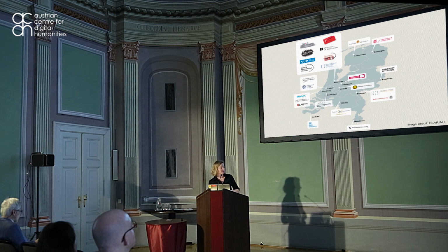So these are all the different partners involved in CLARIAH, quite a lot in Amsterdam, but also in the north as well as the south of the Netherlands. So we span a lot of the different research institutes, different universities. The National Library is involved as well, the Netherlands Institute for Audiovisual Archives. And we also have good connections to Ghent in Belgium and other partners abroad, trying to roll this out